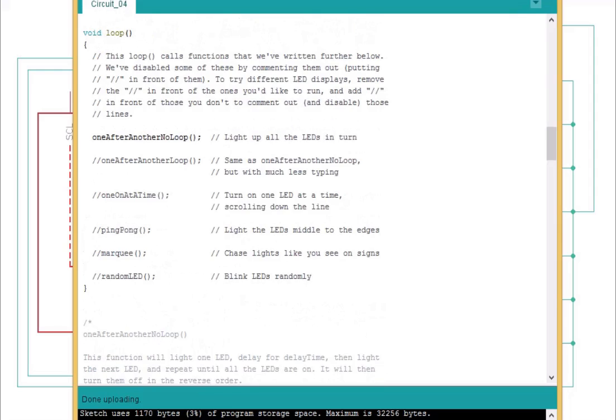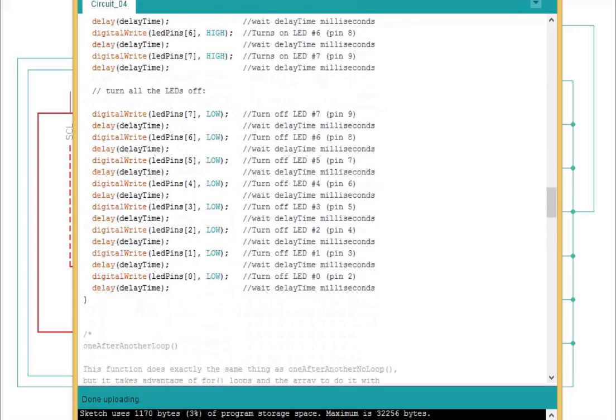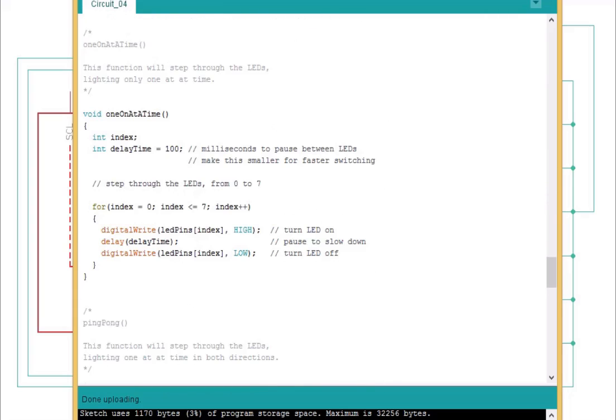The next code, or the next function written in, is one at a time, and the comments say that it's going to turn on each LED one at a time scrolling down the line. So let's go find one at a time. So void one at a time. It first defines an index and a delay time,